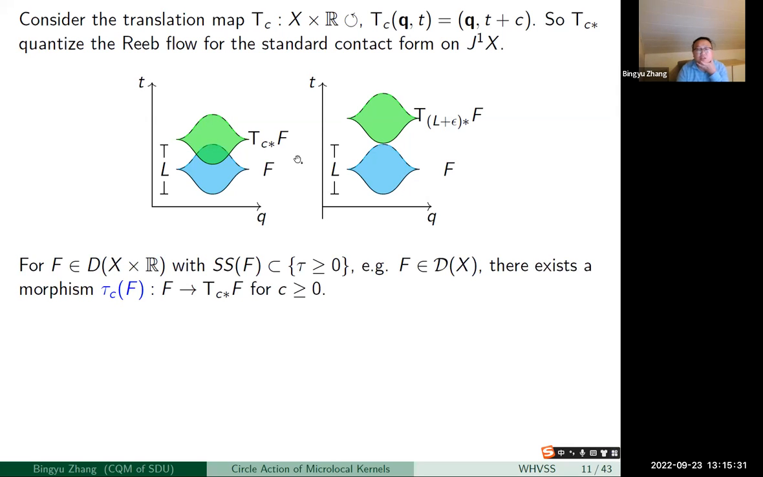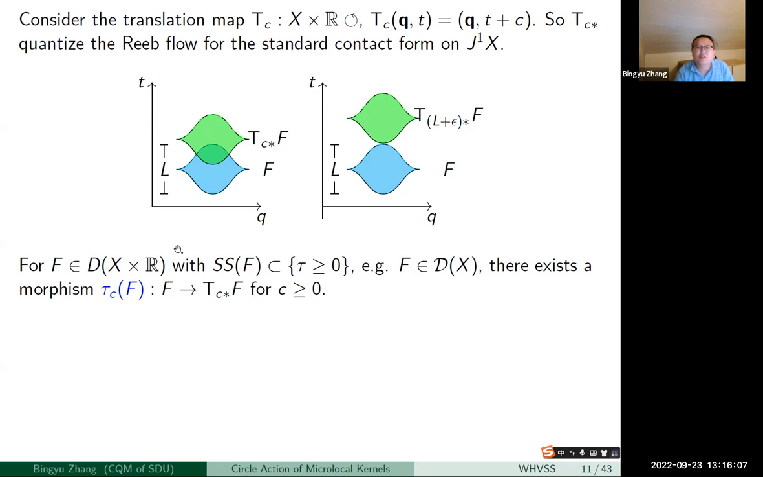For example, here, let's still consider the sheaf corresponding to the Lagrangian R naught. We can see that we can push it along the t direction, and we can construct a morphism tau_c F, for a sheaf with non-negative microsupport, from F to its translation by c. In this example,